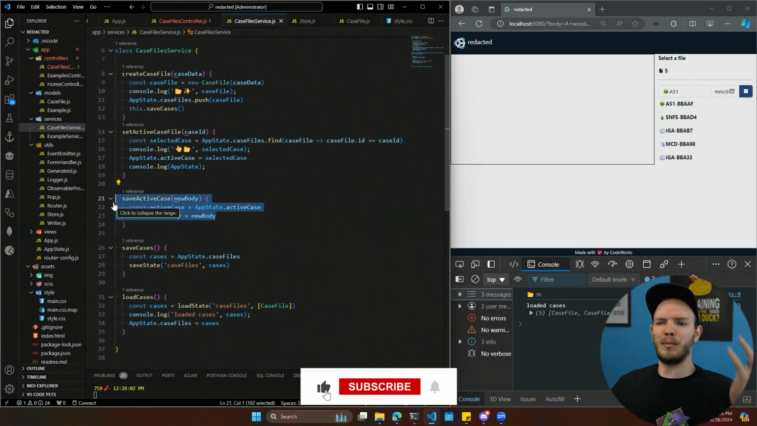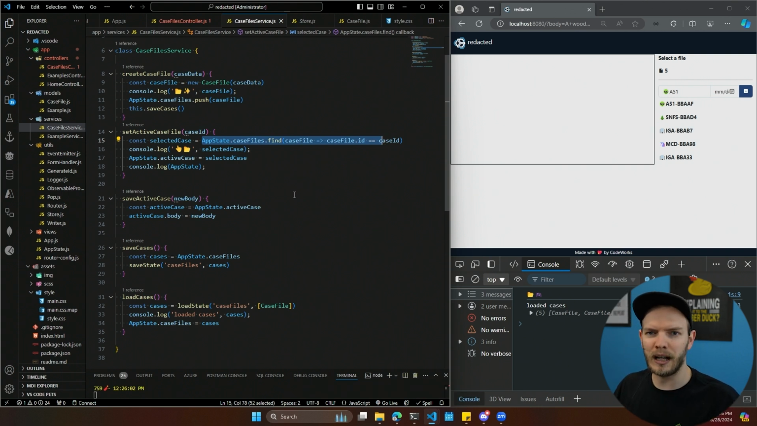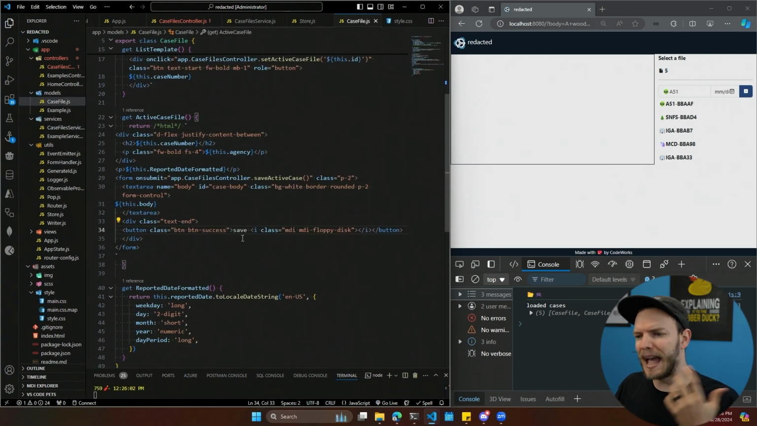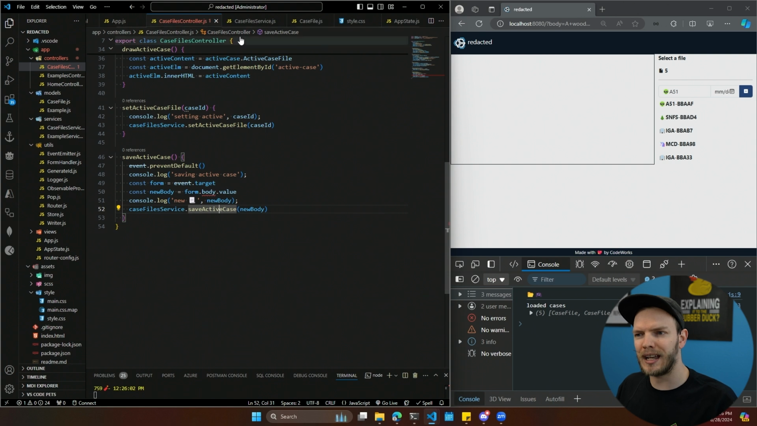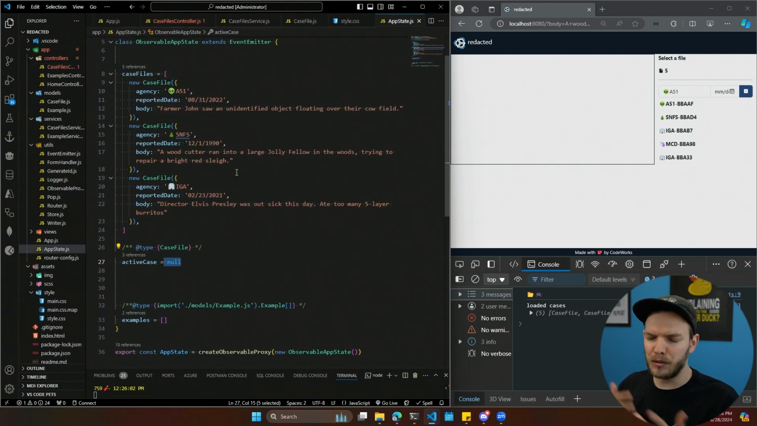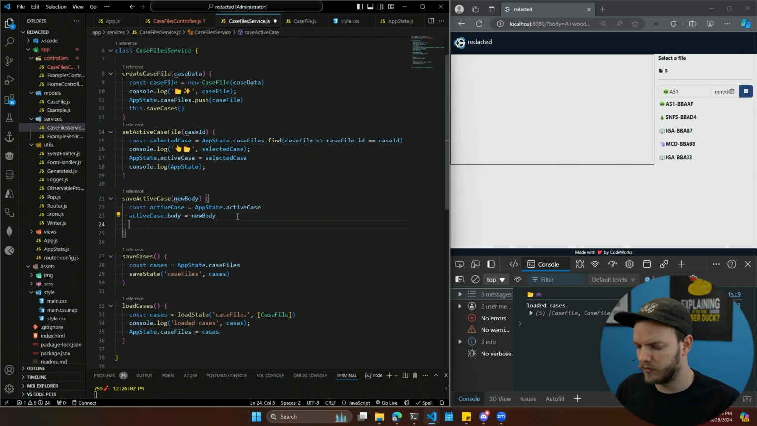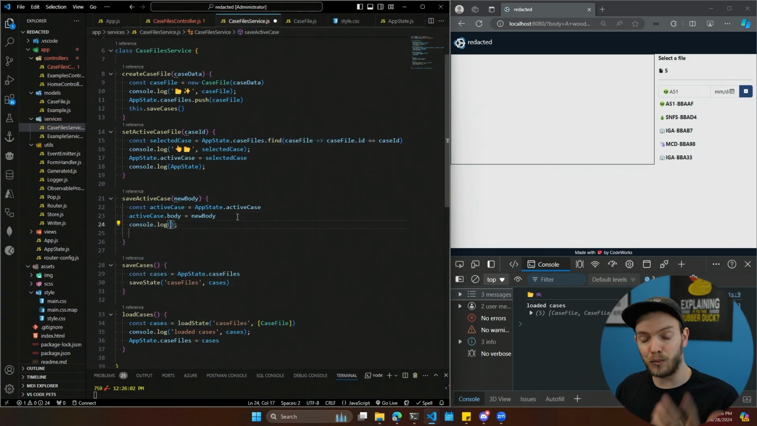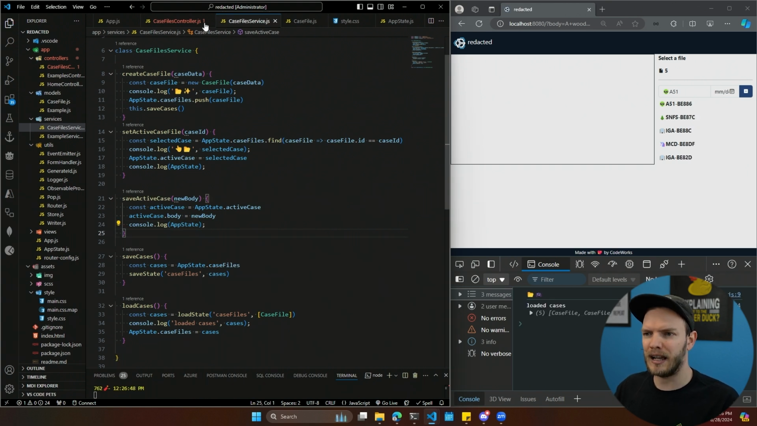Hold on, I was thinking this was going to be way harder in my head. How come I don't have to go find the original case file and update that one? How come I didn't have to pass an ID through my save? How does it know which one is actually saving? Well, it's because when we created an active case, not only did we set that case aside, but something that's really cool about reactive data, if we go look at our app state again after the save active case happens,